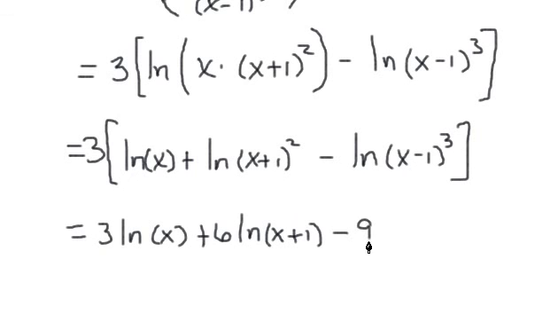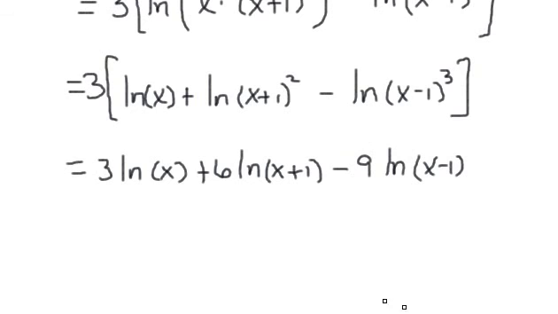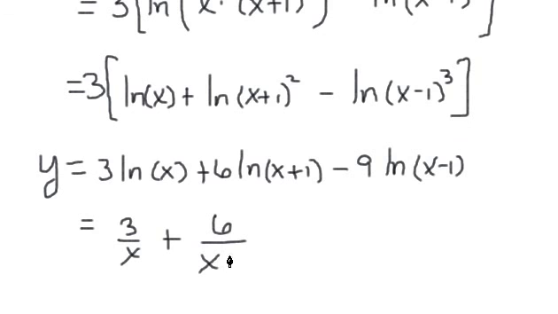So 3 times 3 is 9 natural log of x minus 1. Right, so typical problem you might see on a test. Well, we've expanded this thing completely out, and now, folks, it's time to take the derivative. So the derivative of x is 1, so this becomes 3 over x, plus, and the derivative of x plus 1 is 1, so this is going to become 6 over x plus 1, and then this next one over here is going to be,